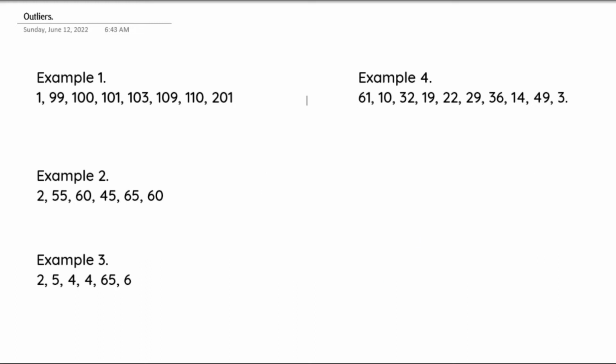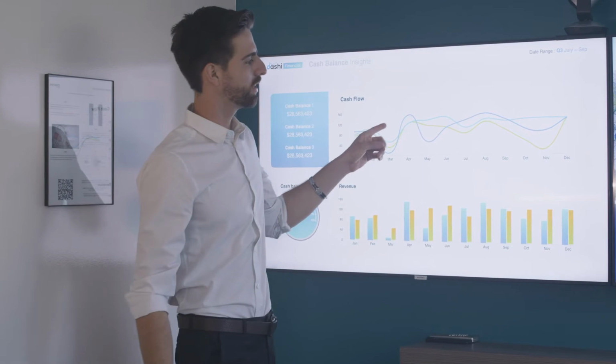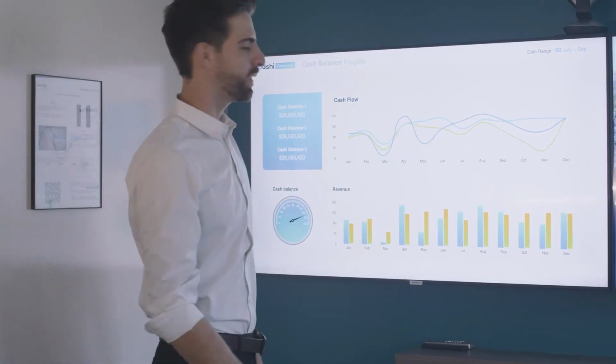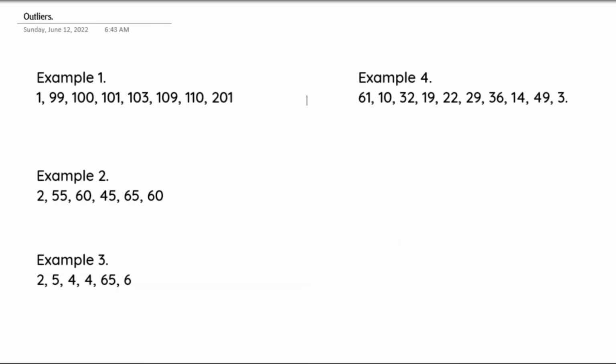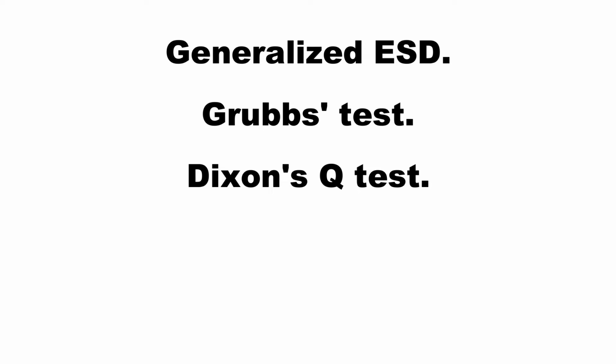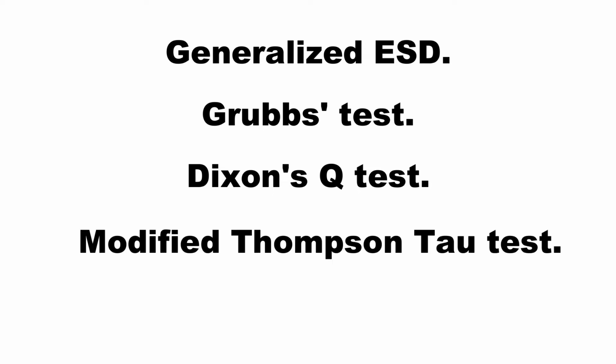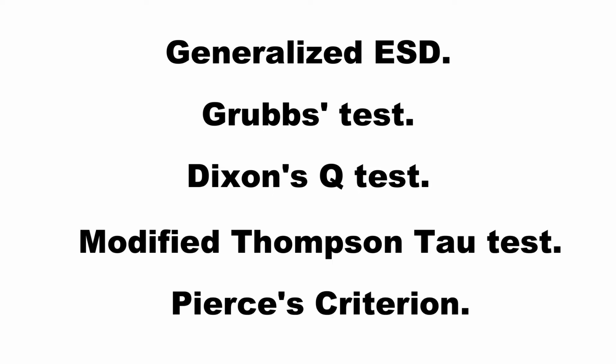There are other tests in statistics that we can also use to extract outliers from our data set. We are talking about tests like the generalized ESD, the Grubbs test, Dixon's Q test, the modified Thompson Tau test, the Pearson's criterion test,